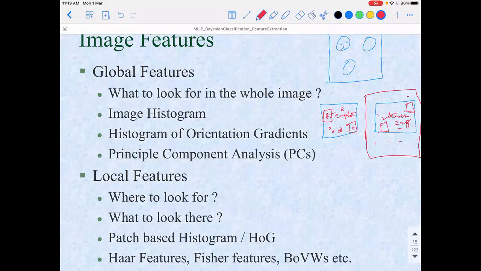Image histogram, yeah, because you take one histogram vector for the whole image. If you take a histogram vector from 0 to 255, it's a 256-dimensional vector, and then this will become a global feature. It's a vector of dimension 256 cross 1. So this is the histogram. Fine. Any other features?